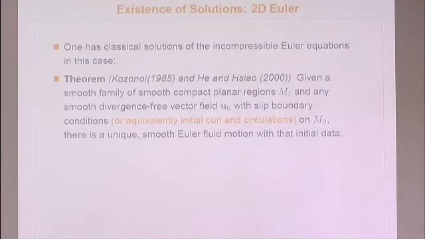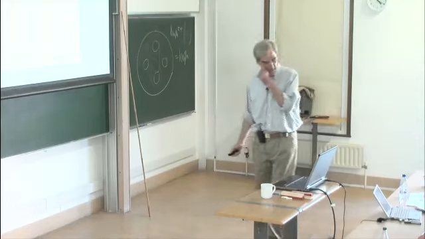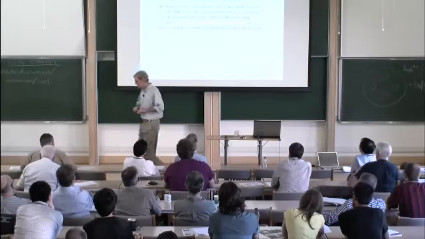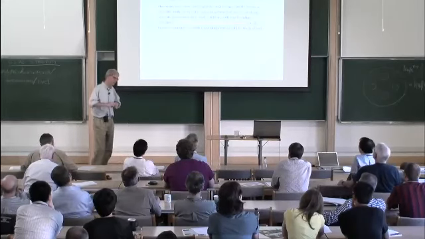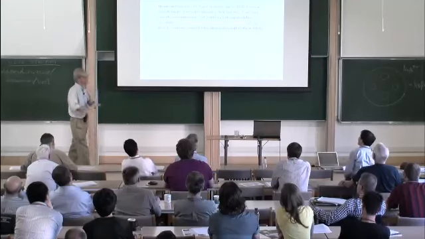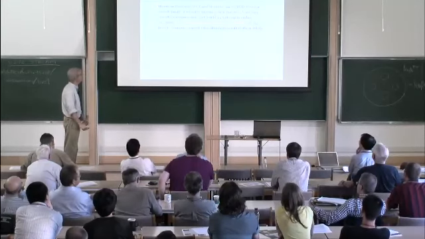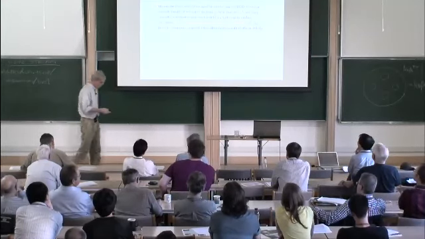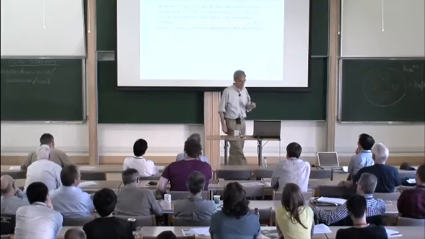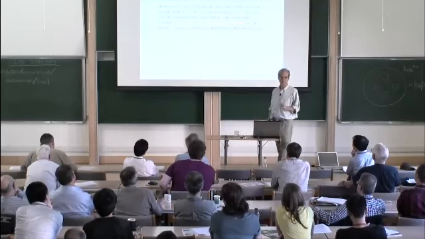And just a theorem here, there are classical solutions when you have these moving boundaries. And my attitude is just going to be that you have classical solutions for all time with the same regularity as the initial vorticity. All right, so I'm not going to deal with the issues of regularity. So all the theorems I'm going to tell you, I'm going to treat the vorticity as a